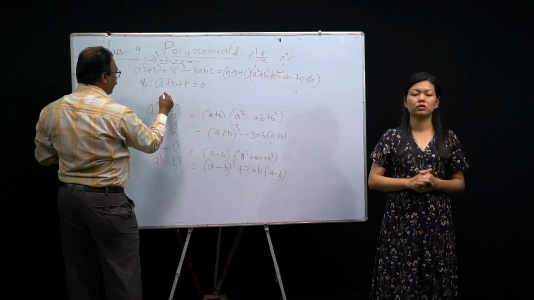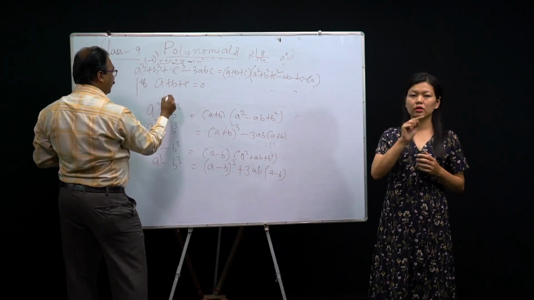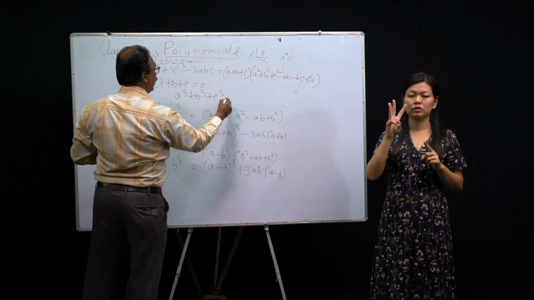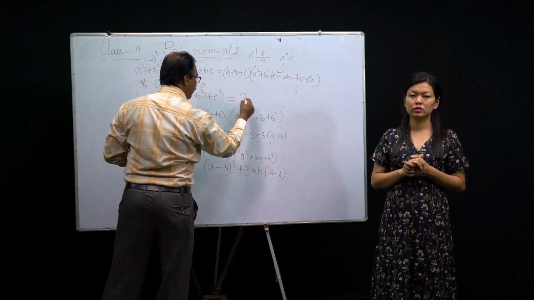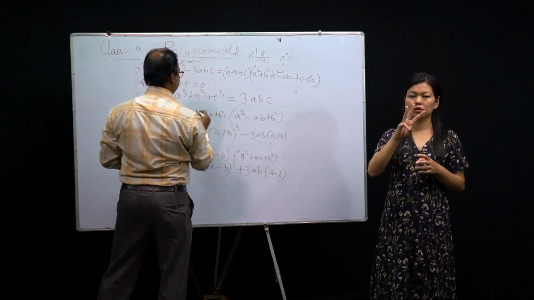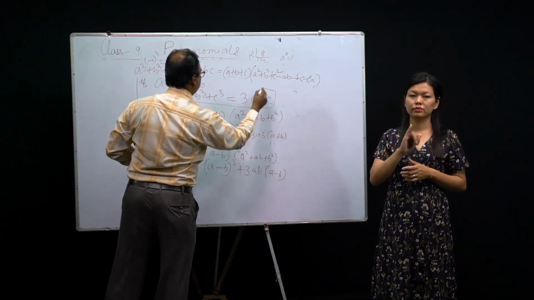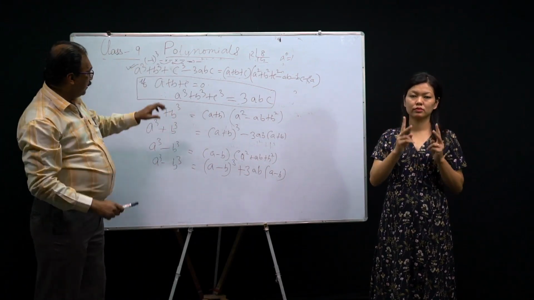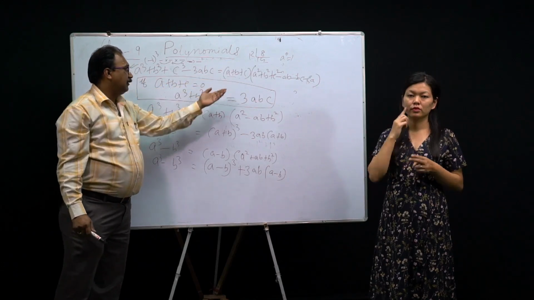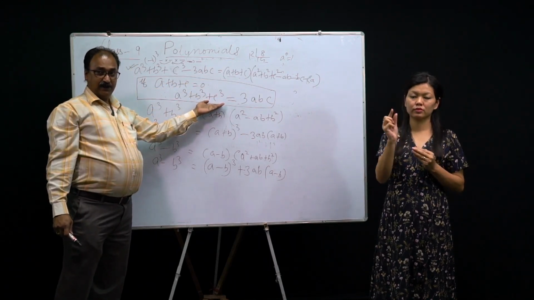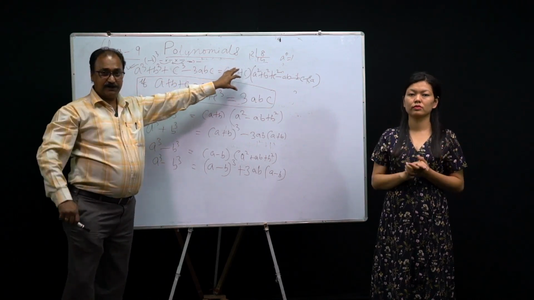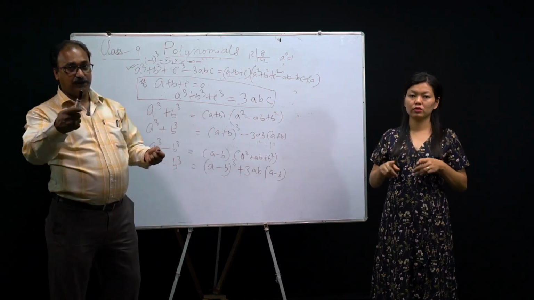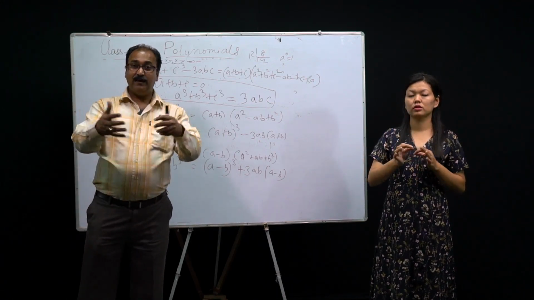So what can you write? Therefore, there is a condition. If this is 0, then we can write a cube plus b cube plus c cube is equal to, this will go that side, 3abc. See, this is a very important relation in these formulas. Please remember. If this is 0, then we can apply this formula directly. Questions will be coming with numbers. We'll come to the next class with the problems for the whole cube and cube formulas I gave you.